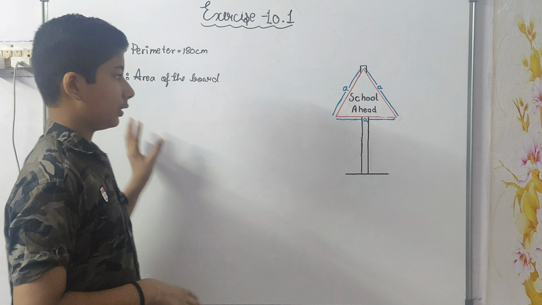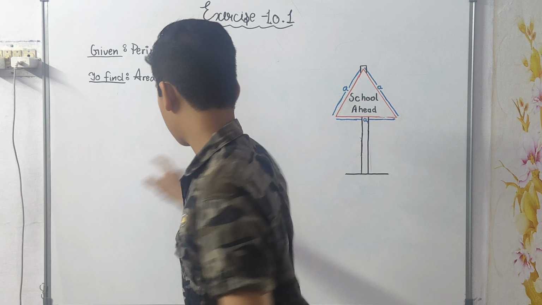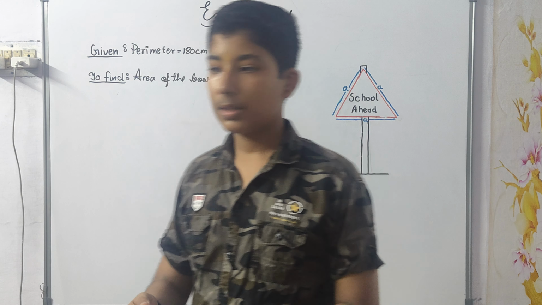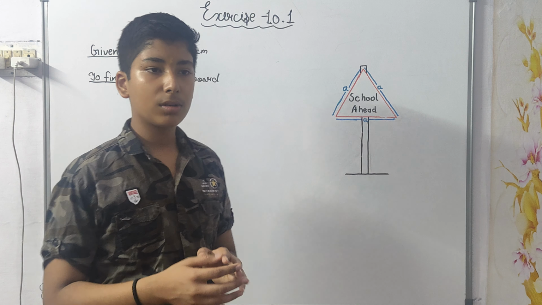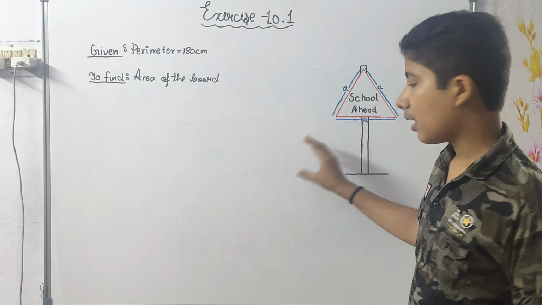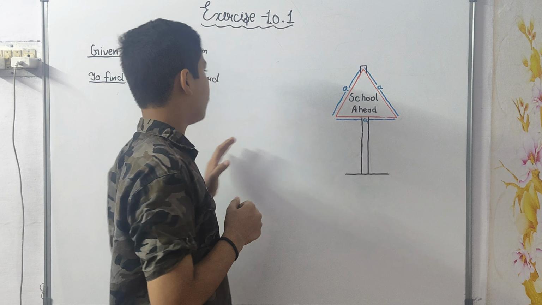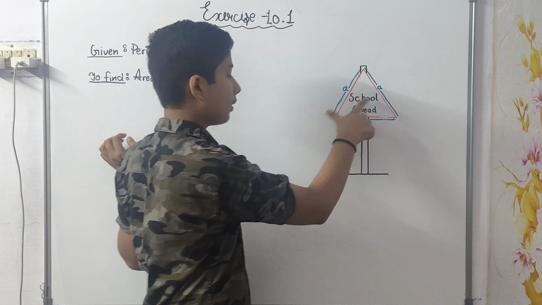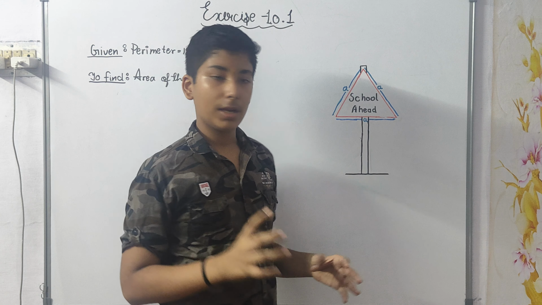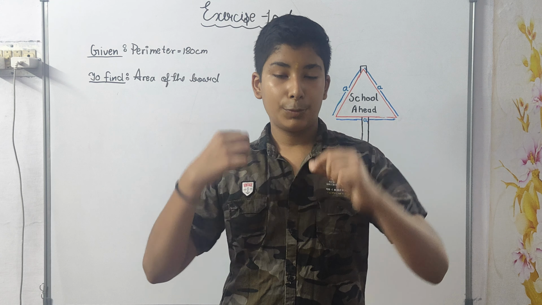In this first question, it is given that there is a signboard. You all might have seen on the roads there are signboards like left turn ahead, and also some related to disasters. There are also school ahead and zebra crossing signs. Sometimes instead of writing school ahead, a girl is shown crossing the zebra crossing with a bag on her.